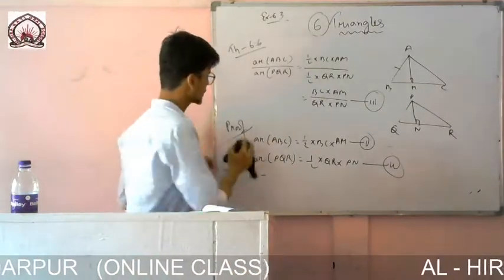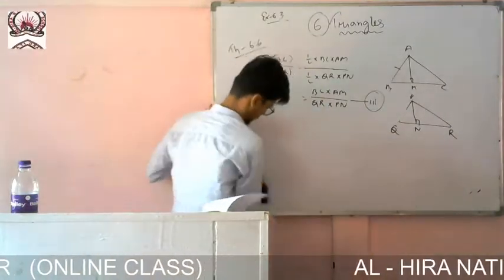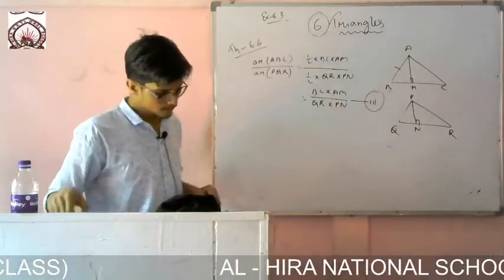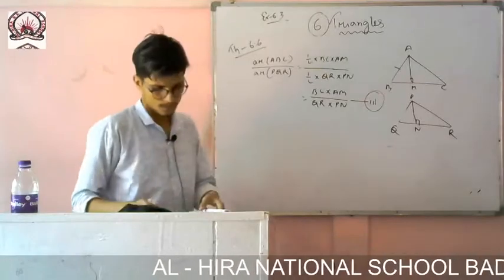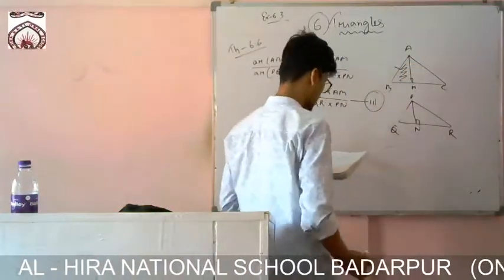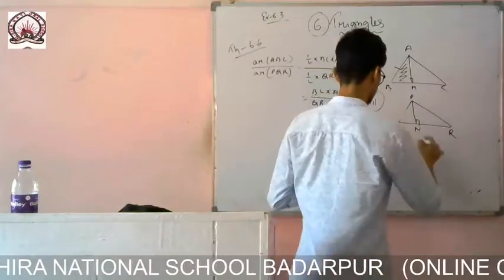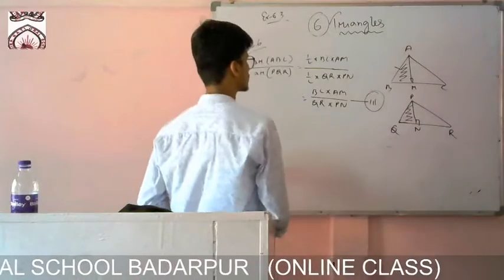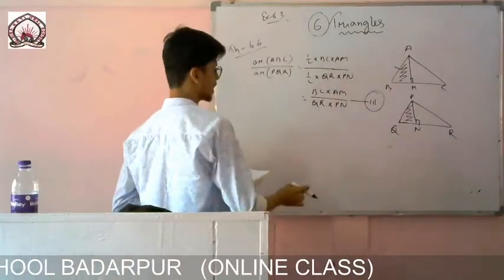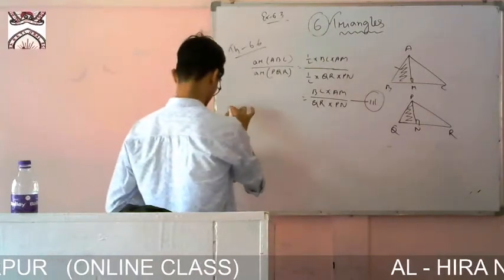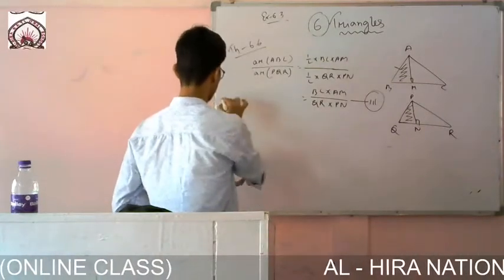So now the remaining part. Now I will try to show that these two triangles are similar. Triangle ABM will be similar to triangle PQN, that is this one. I will try to show these two triangles are similar because I want to show one side ratio equal. Okay, so let me solve it. Now in triangle